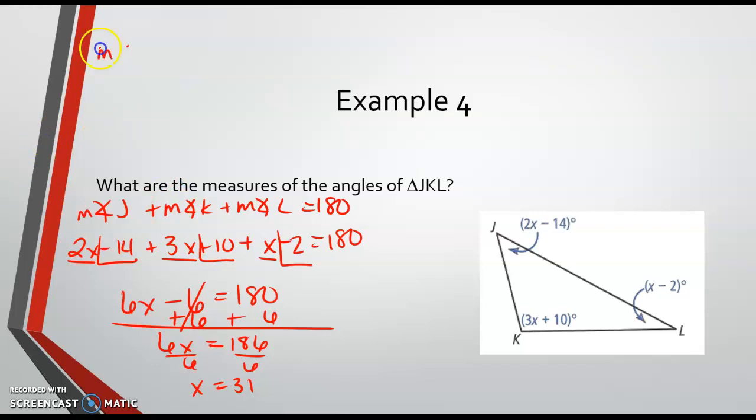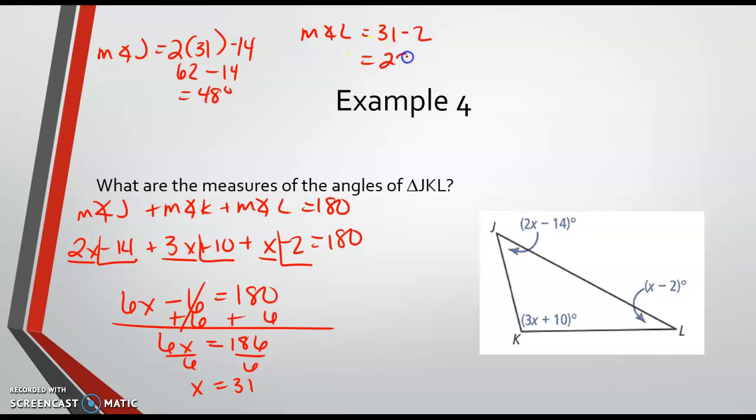So measure of angle J is going to be 2 times 31 minus 14. So then that's going to be 62 minus 14, which is 48 degrees. So the measure of angle J is 48 degrees. Measure of angle L is 31 minus 2, which is 29 degrees. And then the measure of angle K is 3 times 31 plus 10. So 3 times 31 is 93,